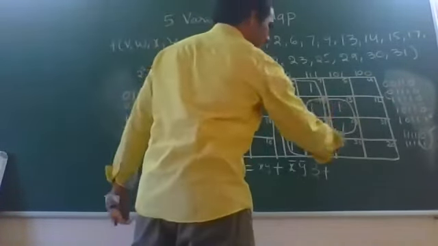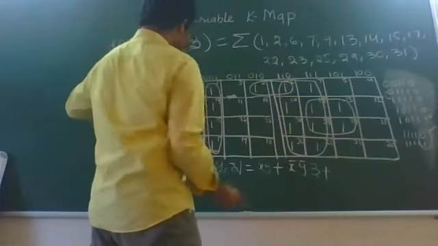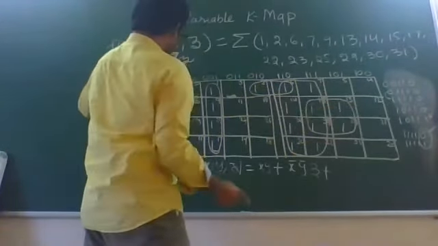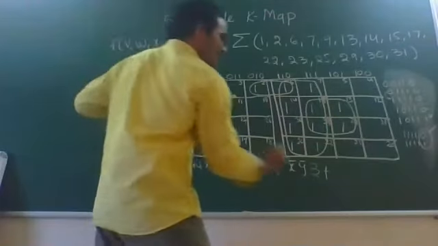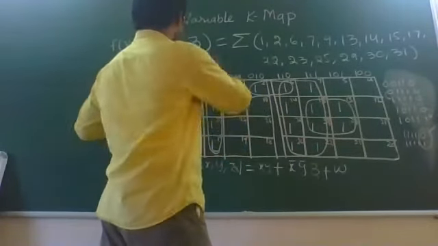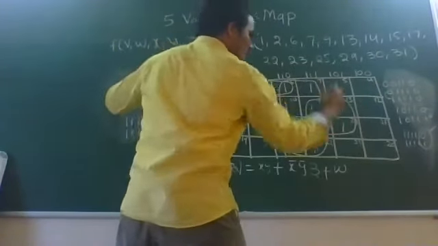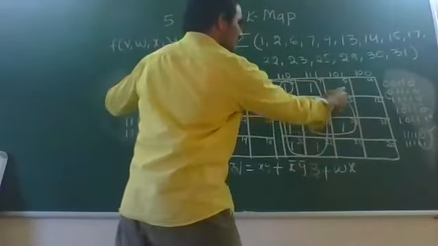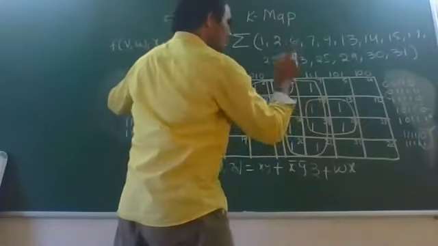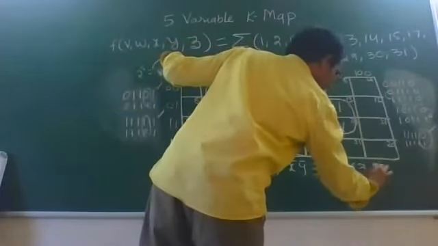We'll take this quad. This quad is covering V as 0 and 1. So V will not be there. And this quad is covering W as 1, 1. So it will be present as W. Next we look into X, Y, Z. This quad covers X as 1, 1. So X will be there. This quad covers Y as 1, 0. So Y will not be there. And this quad covers Z as 1, 1. So there will be Z.